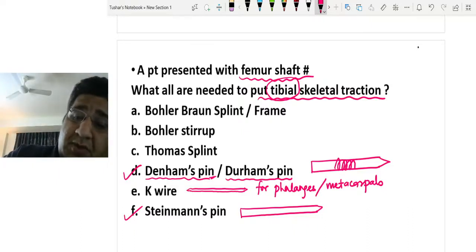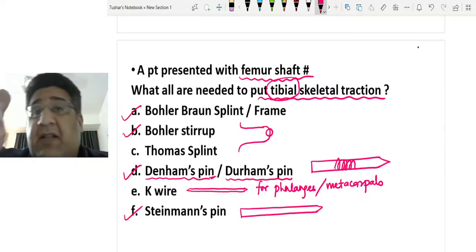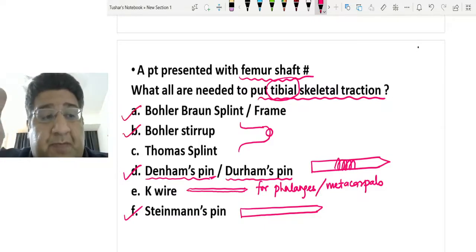Bowler stirrup. Do you remember something like this, like this, like this? Whether you put Steinman or Dunham or anything, that has to be connected by Bowler stirrup. Do you remember? Bowler-Brown splint. In fact, the image which is given in the workbook,